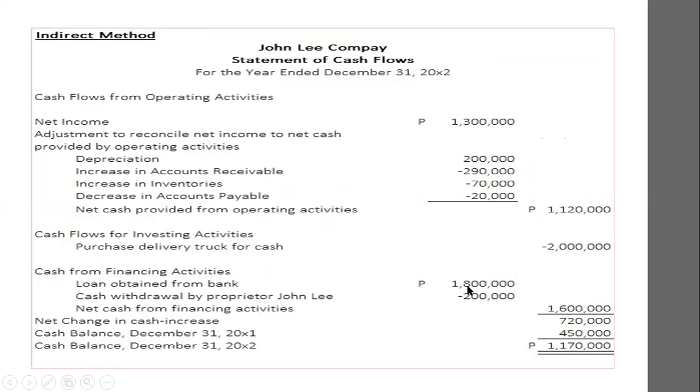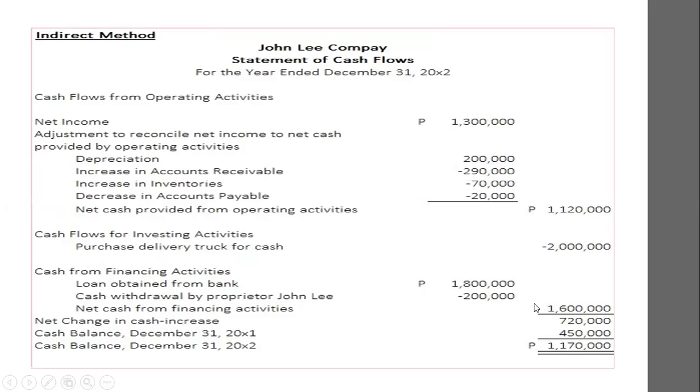So, 1,800,000 less 200,000 is equals to 1,600,000. Ang mangyayari niyan, i-ano nyo lang po sa rightmost, 1,120,000 less yung 2 million,